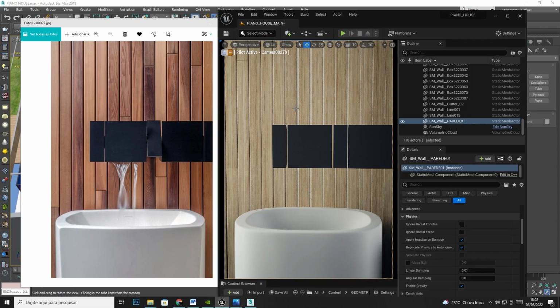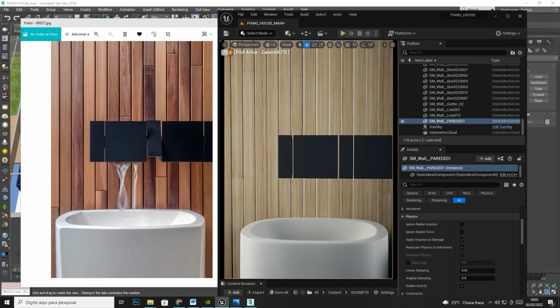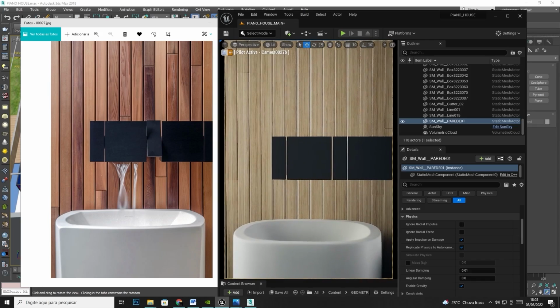The white wall there, the Lumen doesn't understand this, and it doesn't paint in black behind. Okay, so we have some limitations here of Lumen. It's not 100% accurate. All right,